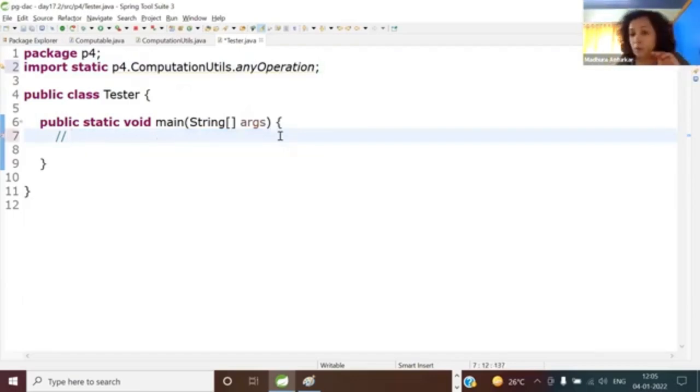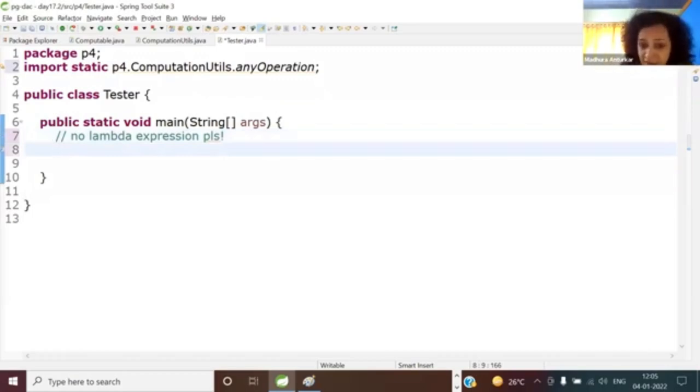So don't jump to lambda. Okay, let me say this. You're not allowed to use a lambda expression. That is my given. So no lambda expression, please. I'm already saying this because I want you to understand. I want you to derive that logically. So here, what I want is here,